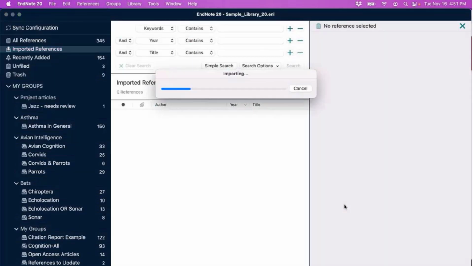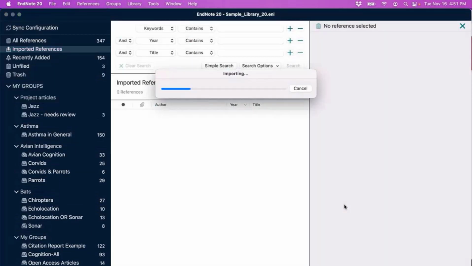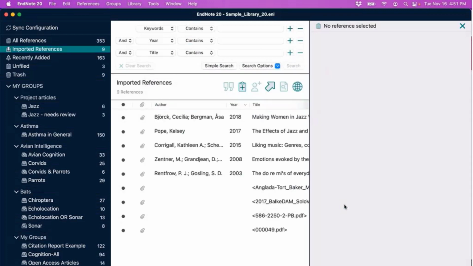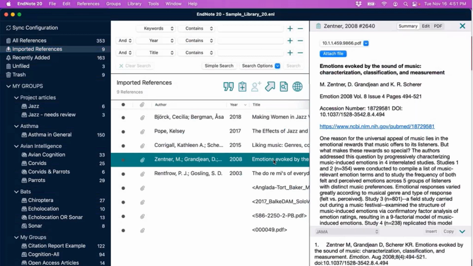And just like last time, we're seeing an import window. What happens is EndNote is looking at each PDF, trying to examine the first two pages of text and the metadata of each PDF to try to find the article's DOI number. And if that's found, EndNote will query a partner database called Crossref, or crossref.org, which is sort of a metadata search engine, to find the reference details. EndNote will receive those details, and it will create new references for each piece of literature and attach the PDF to each one of those newly created references.